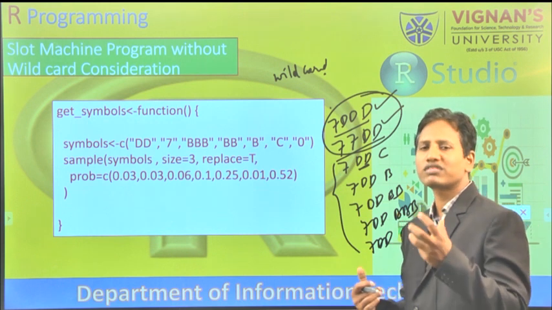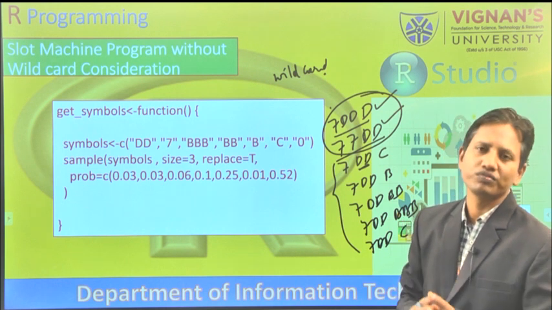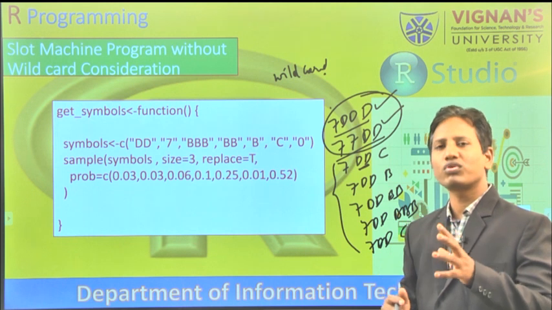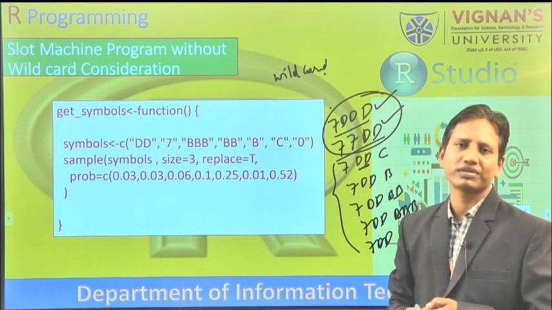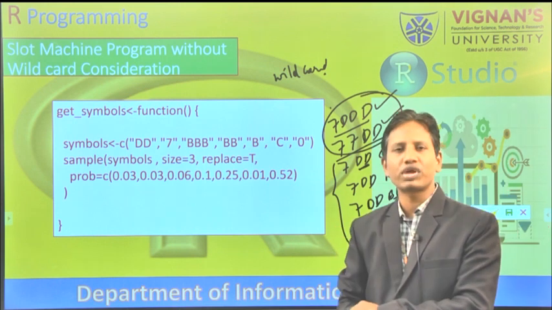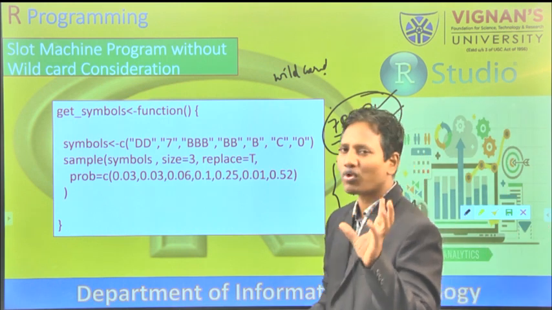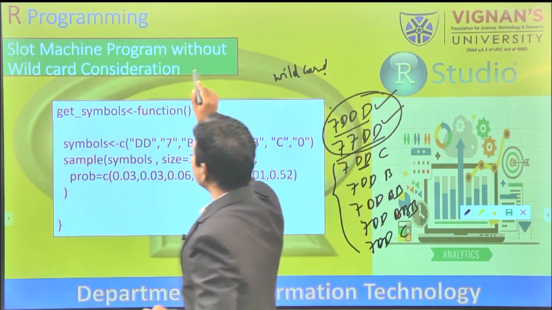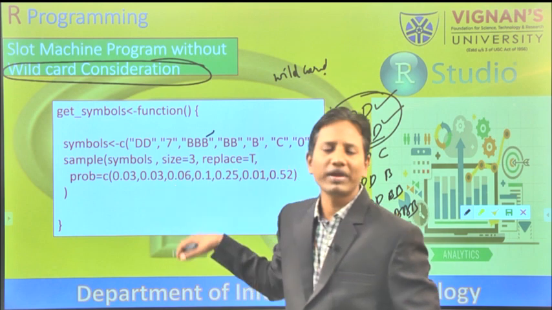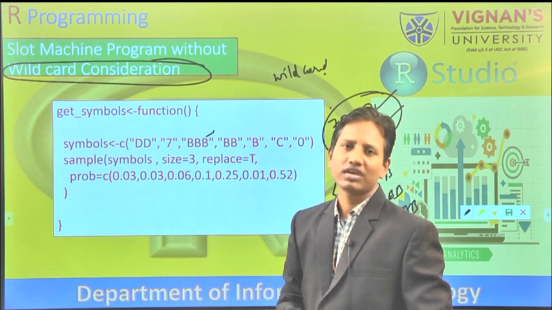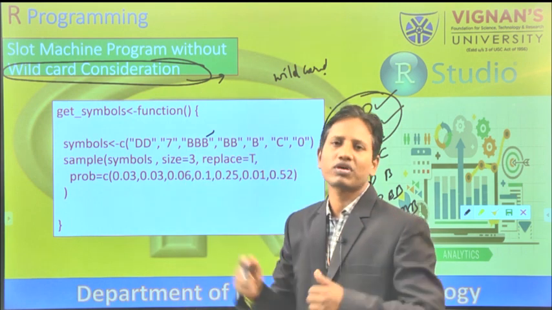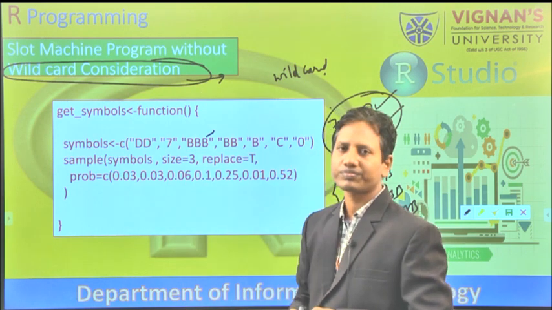For this, we have to understand how to use loops. It's the while loop and for loop, looping statements. We are going to learn those in the next chapter. So for this topic, we are avoiding the wildcard considerations, and we are implementing the rest of the cases. This wildcard implementation, we will see in the next chapter, next unit.